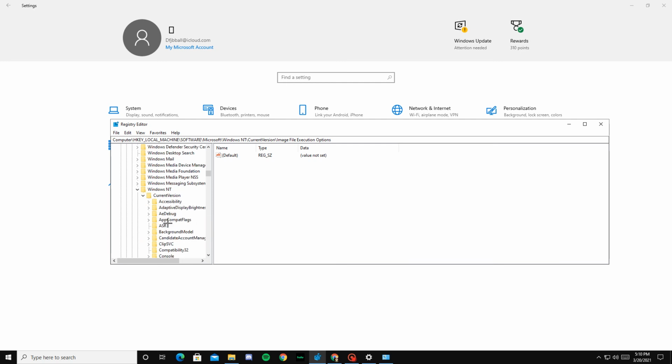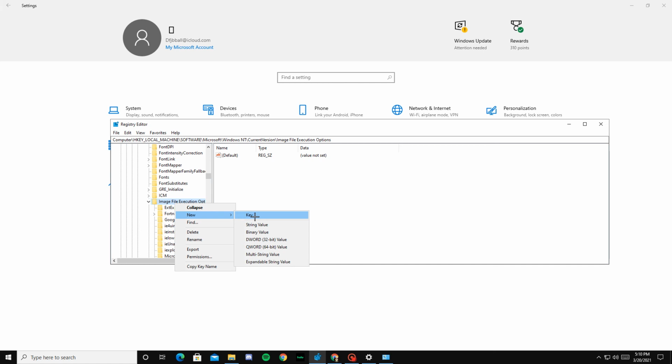First you're gonna go Windows NT. You click that. You're gonna go to current version, and then you can go to your image file execution. What you wanna do is right click on new key, and I'll have what you need to type in the description. So click new key, and it's gonna be this right here, this Fortnite client,